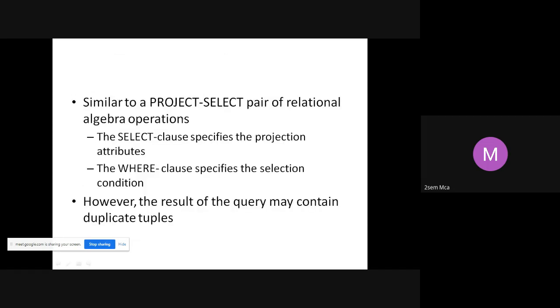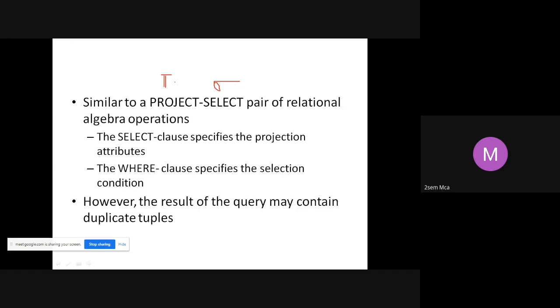So similar to the project and select pair of relational algebra, this is important. We used project, that is pi, in relational algebra, and we used sigma for select.